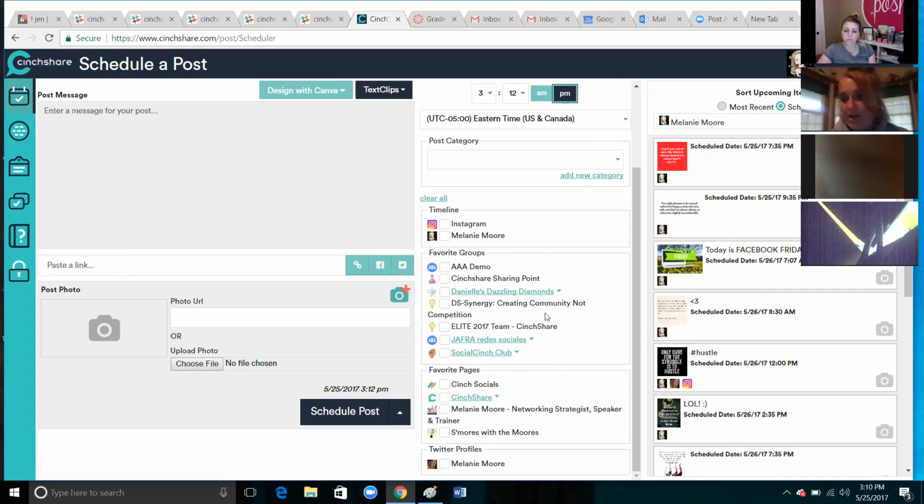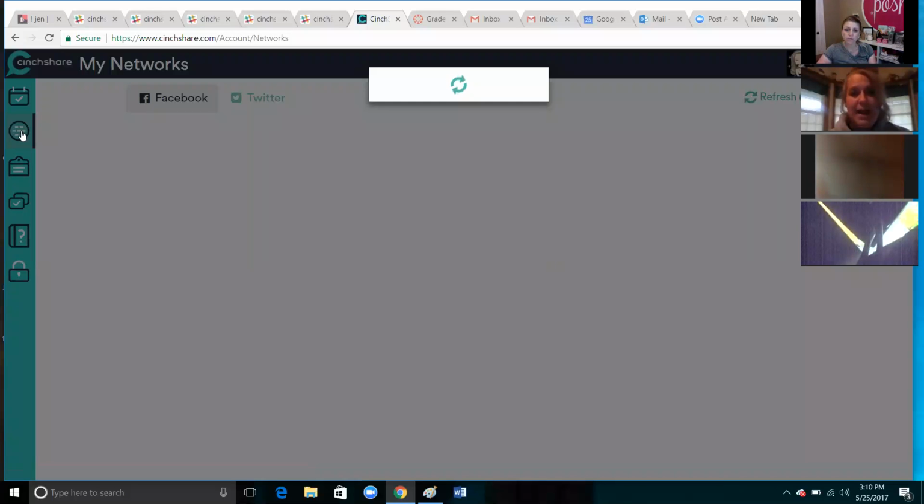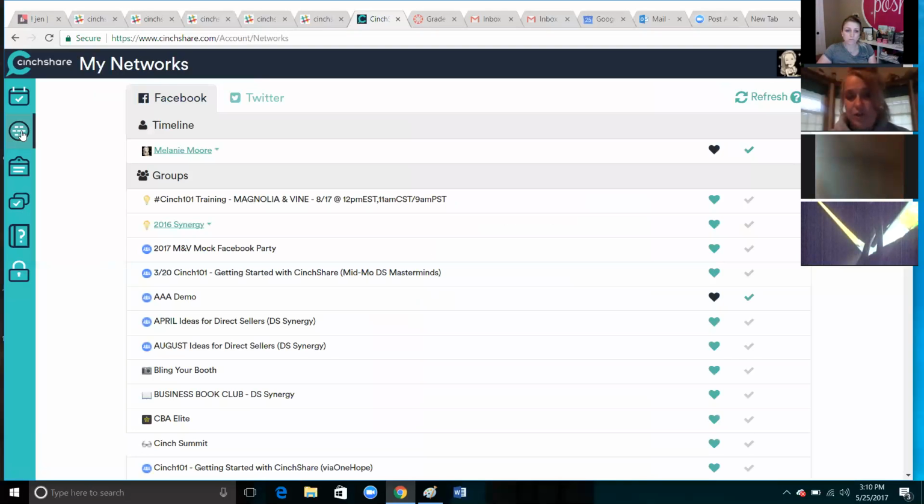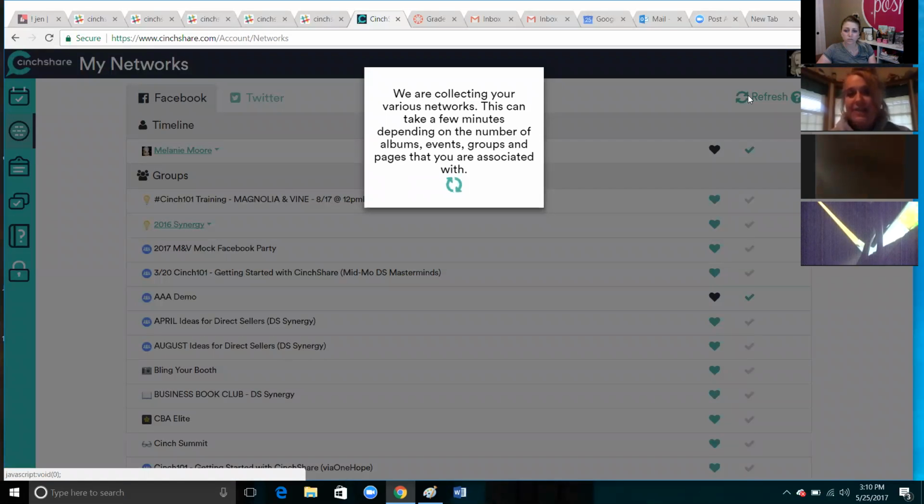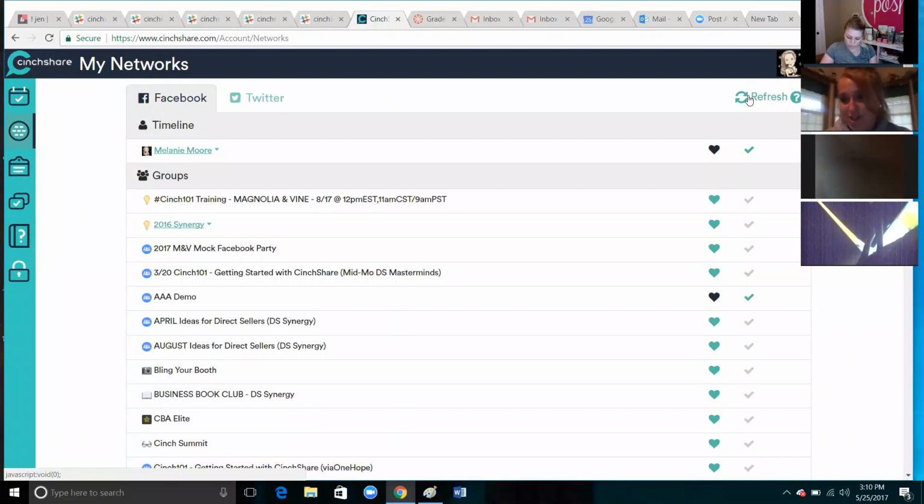And if I want to add more, I just go in and click the heart to add more of them. So when you're in My Networks, let's say that you add a new Facebook party or something. Every time you add something new, you have to hit the refresh button up here. It's like a recycled looking image, but you have to hit that because it reaches back out to Facebook on your behalf and pulls those things over again that you admin, co-host, or host. It doesn't do it automatically because we don't have the rights to just go in there and grab things out of your Facebook account. So you have to tell it to go and grab those new events,